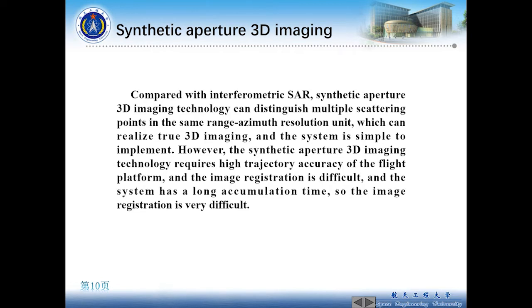Compared with interferometric SAR, it can distinguish multiple scattering points in the same range-azimuth resolution unit, which can realize true three-dimensional imaging, and the system is simple to implement. However,